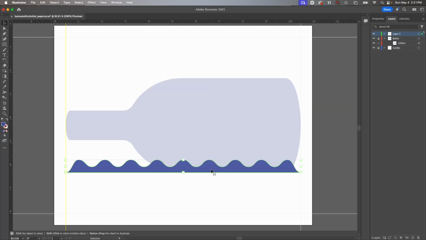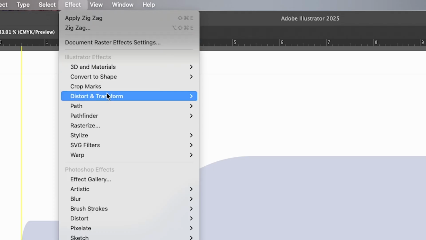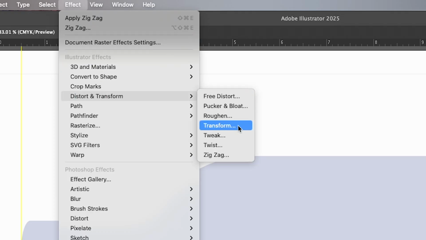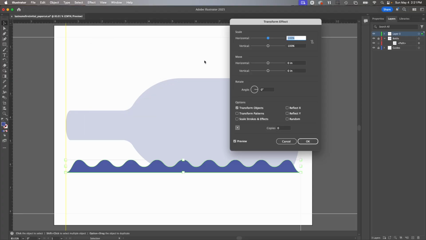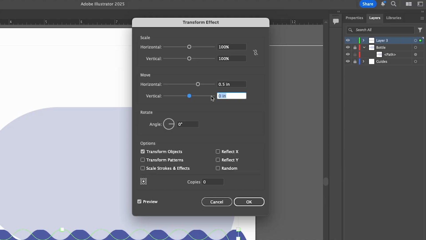Now we're going to make some copies of the wave and make it automatically align them so that they are alternating areas and you can see all the waves. To do that, we're going to go back up to the effect menu, and we're going to go to distort and transform and the transform option. We're going to choose the horizontal move, so don't worry about the scale, we're going to leave all that the same, but for the move, horizontal, we're going to change to 0.5, and then the vertical move is going to